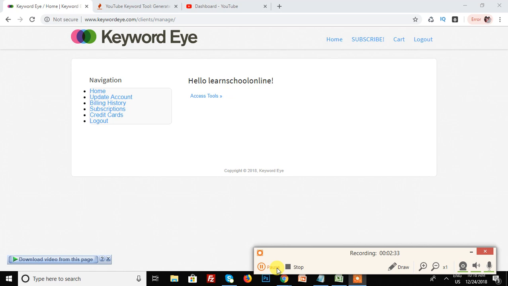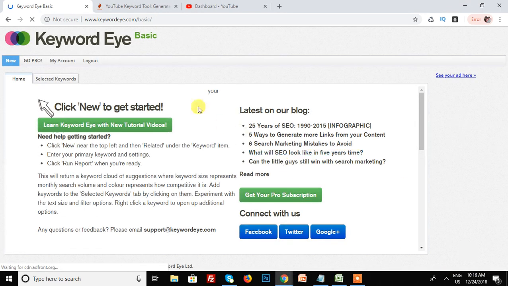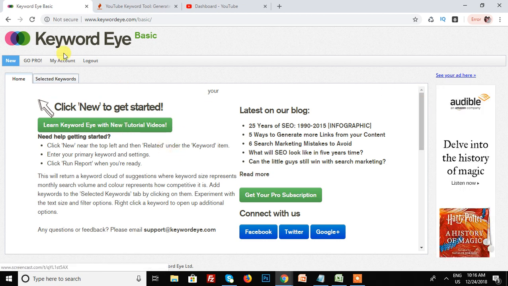If your account is not open, go again to keywordeye.com, click on sign in, and enter your email ID again. Then your account is logged in. Click on access tool, and one window of Keyword Eye opens.